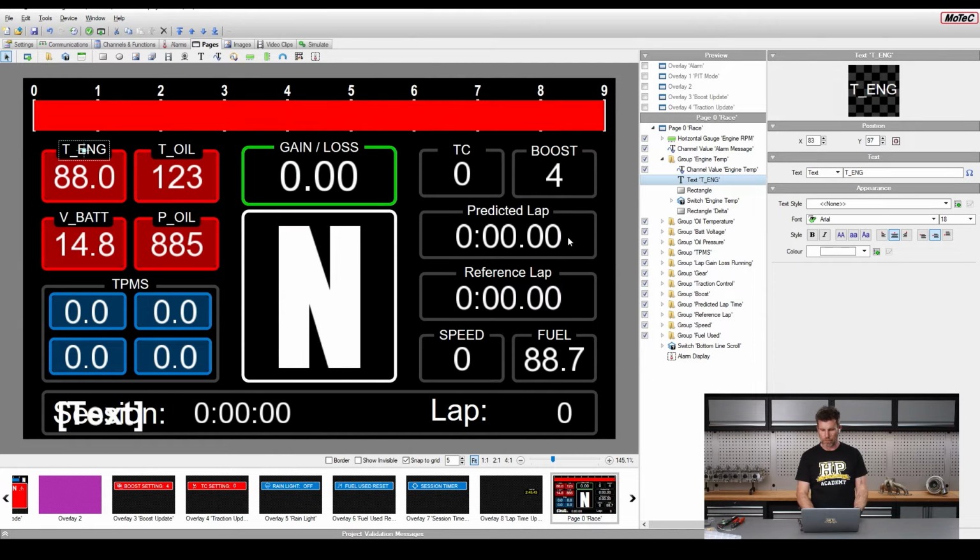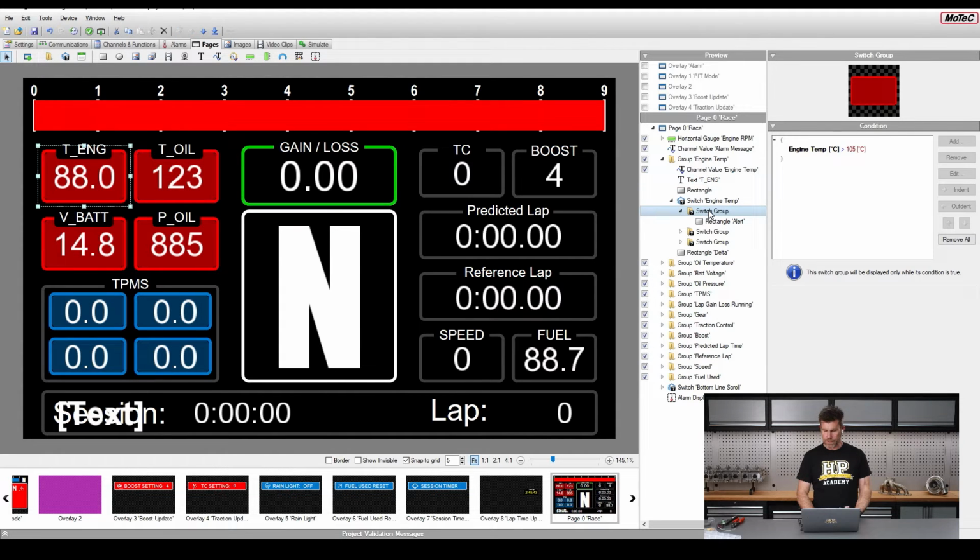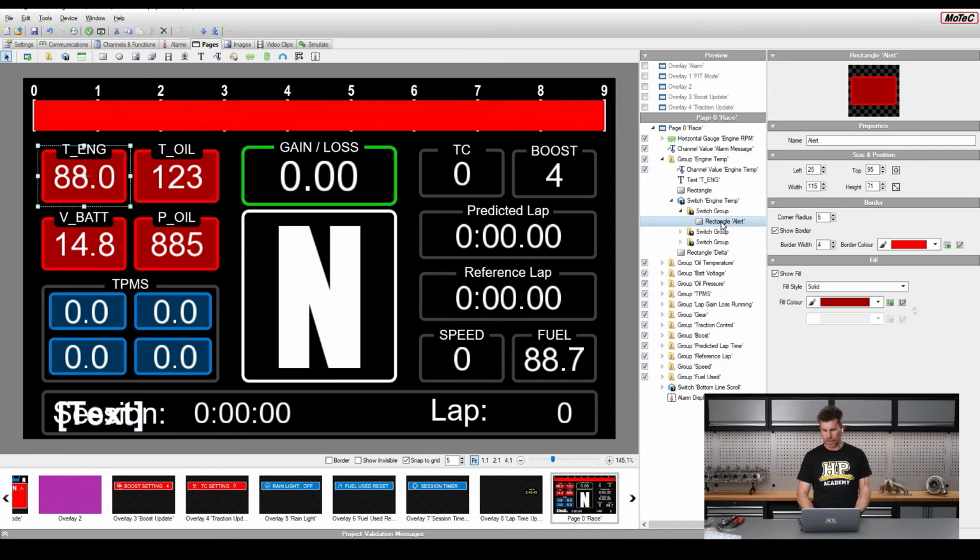You can make that whatever you want. For the actual color change, we've got our switch engine temperature group. We've got 3 switch groups here, and this is how it works. This one is going to be if the engine temperature is above 105 degrees, and we've got the red color there for that particular condition.